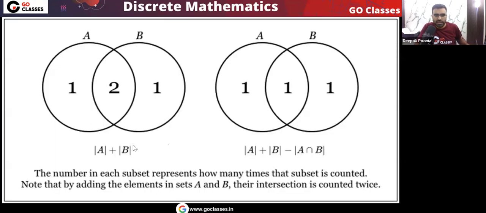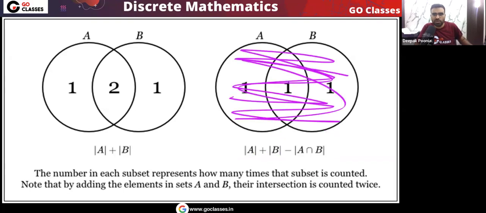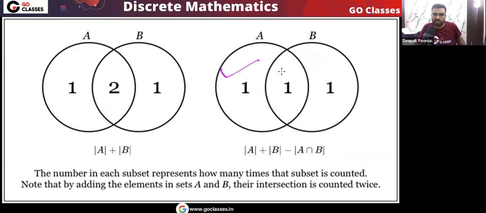So you can see, when I count the number of elements in A plus the number of elements in B, then basically these common elements I have counted two times. So what I need to do, I need to remove them one time. So you can see in this expression, number of elements in A plus number of elements in B minus number of common elements. Now you can see that all the elements of A union B we have counted one time. These elements also one time, these all elements also one time, and these elements also one time. So this is the formula for the number of elements in A union B.